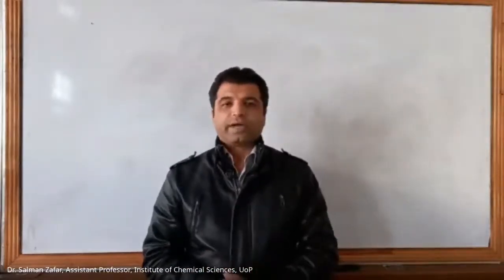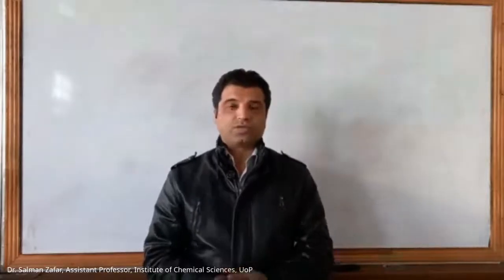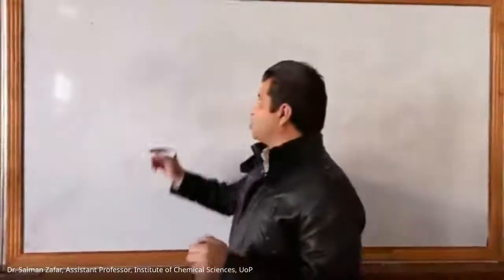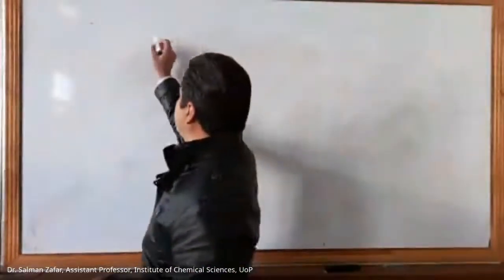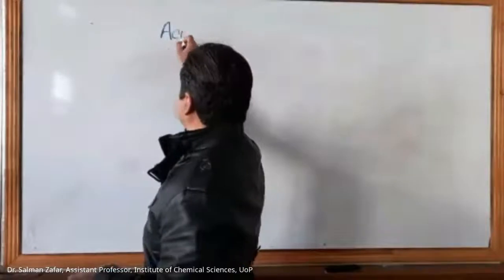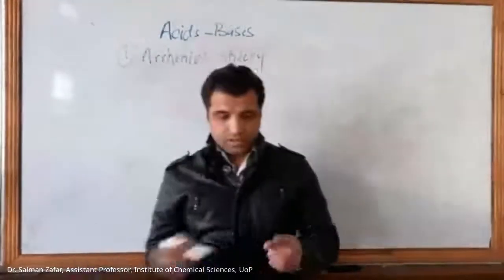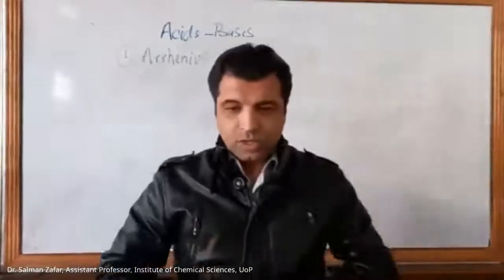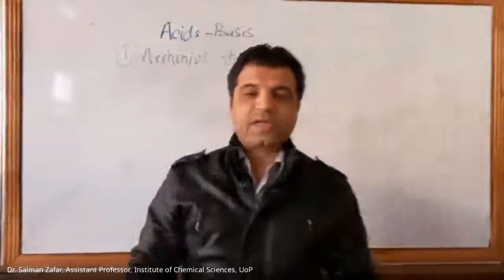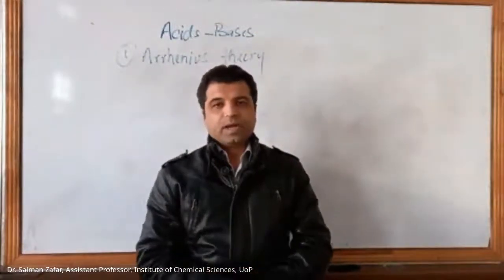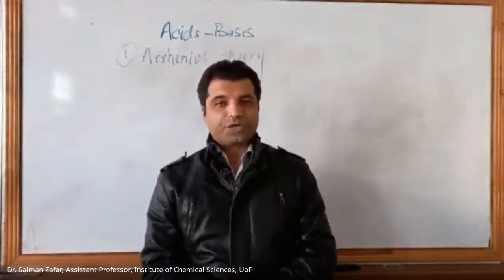Later on, in 1903, he was awarded a Nobel Prize for that. So the first theory which explains the chemical nature of acids and bases was the Arrhenius theory. Arrhenius classified molecules into acids and bases based on the ions they produce in